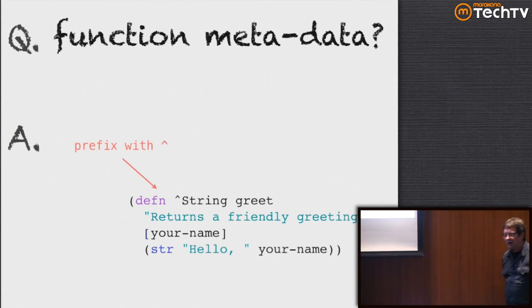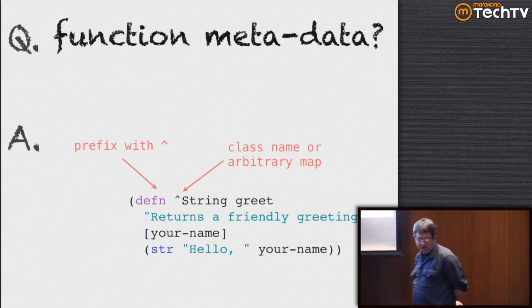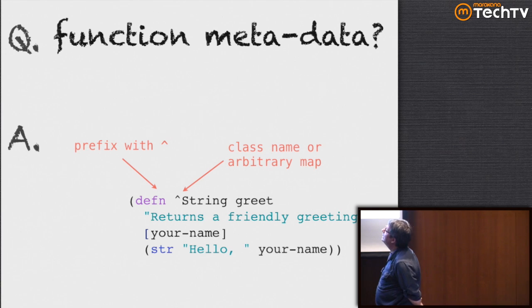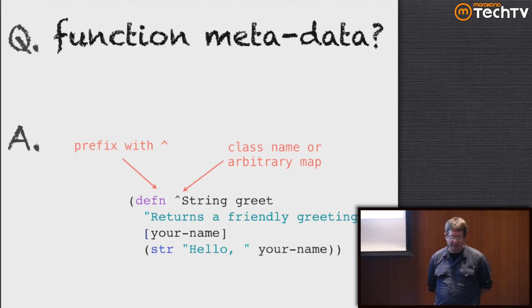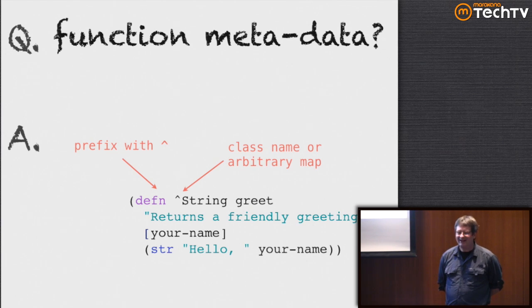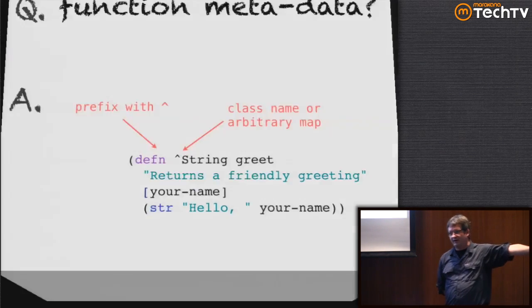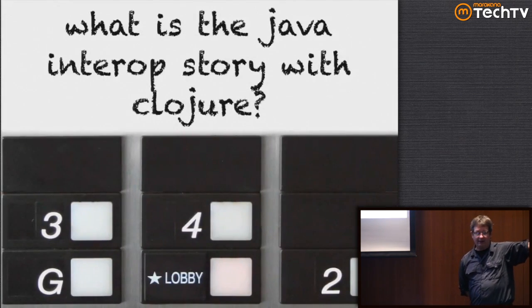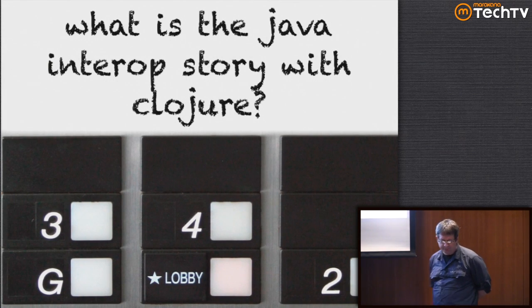You can also, for some interop scenarios, prefix function metadata, like types, on here. And so you can do that if you want. That can either be a type or an arbitrary map that has a value in it. So you can add type hints here, particularly for Java interop. If you have an overloaded Java function and you want to make sure that you call a specific one that has a particular type signature, you can by applying function metadata, but that's never really used in the Clojure world.